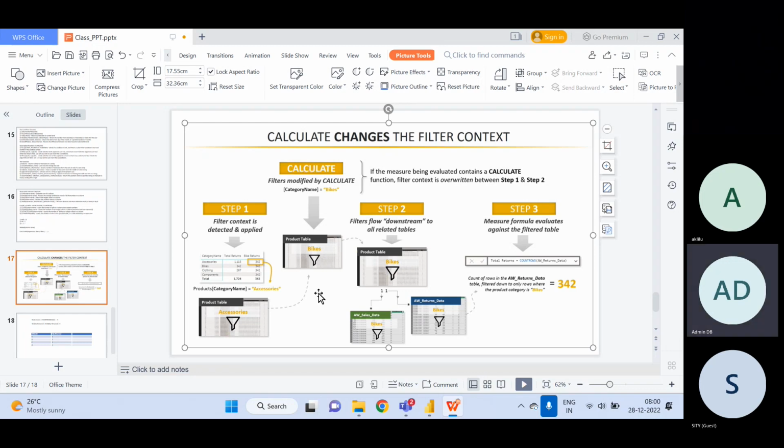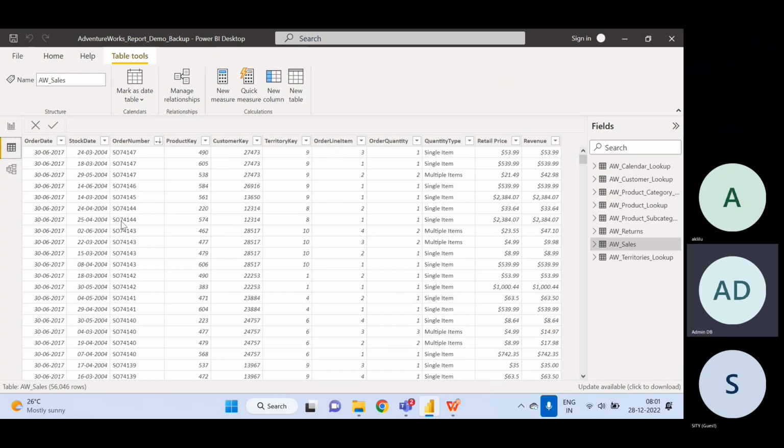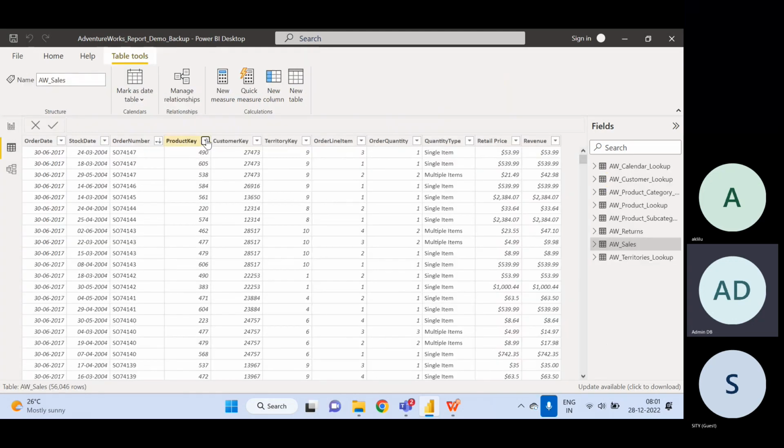So what happens is, step 1, filter context is detected and applied. Category name is accessories, so it will filter the entire table to the category name that belongs to accessories. Now, I know that 490 belongs to clothing. Let's say I want to calculate total orders for category name clothing. So what it will do, wherever the